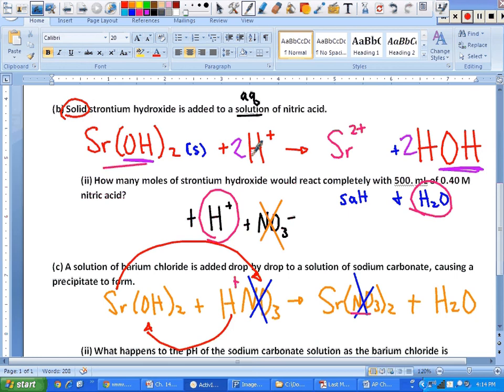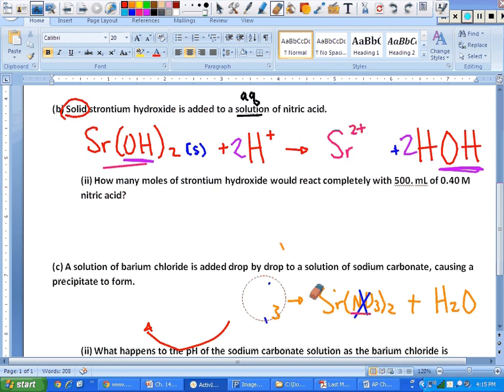Okay. Here we go. So let's look at part double I. Now, let's think. I haven't even honestly read it yet. All right. So, how many moles of strontium hydroxide? So we are looking right here. We're looking for so many moles of this stuff would react completely with 500 milliliters. Uh-oh, what's wrong with this? Change it to liters, which is